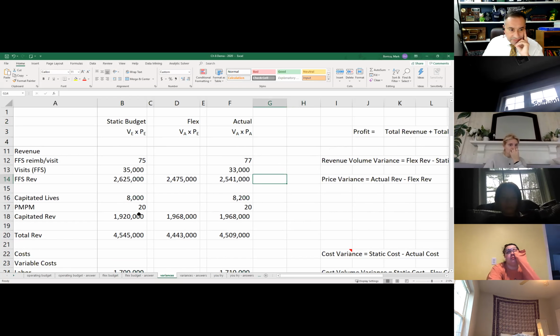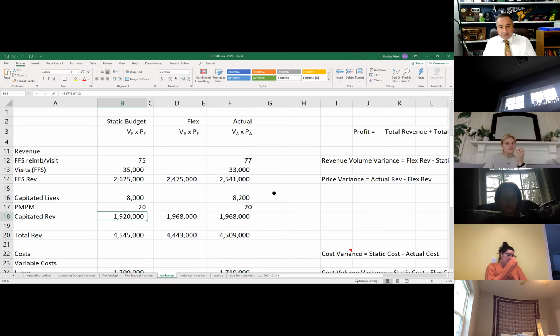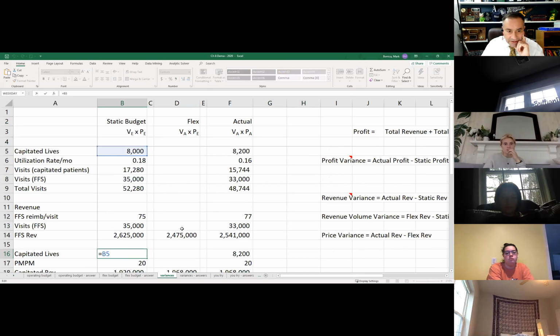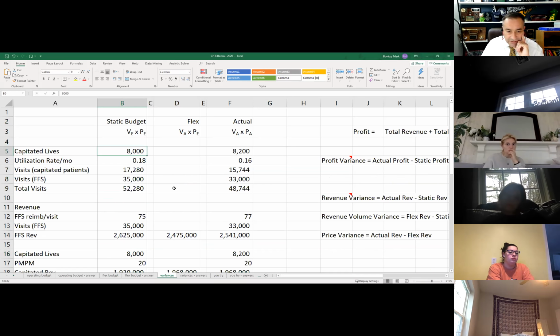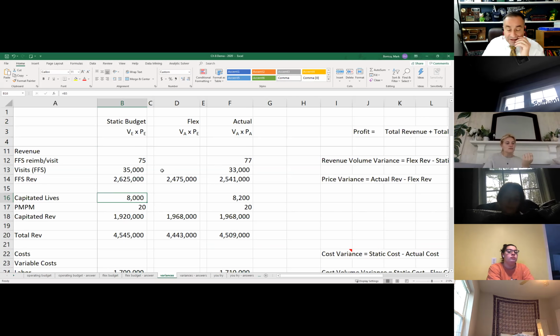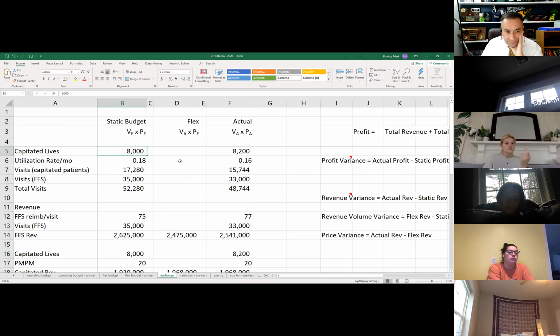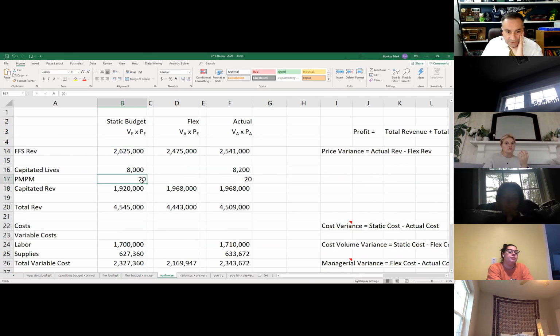The bigger picture is this clinic didn't just have fee-for-service revenue, it also had capitated revenue. So to calculate the capitated revenue, we take the 8,000 capitated lives, right? Remember, I'm grabbing that 8,000 from up here using an Excel formula, saying I'm going to use the same 8,000 that I had up in the static budget down here. And wherever I need that 8,000, I'm just going to hit equals B5 and have it drop in there, because that way, if I decide to change my assumption about capitated lives, it'll feed through my whole